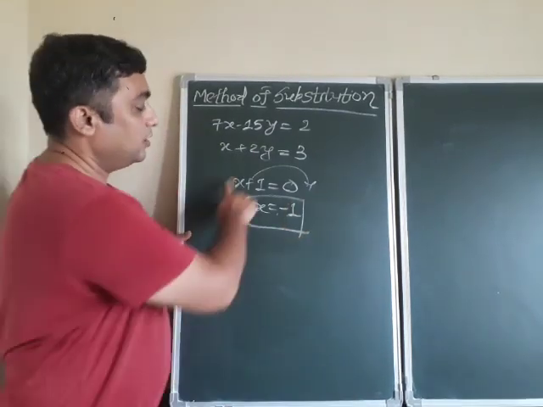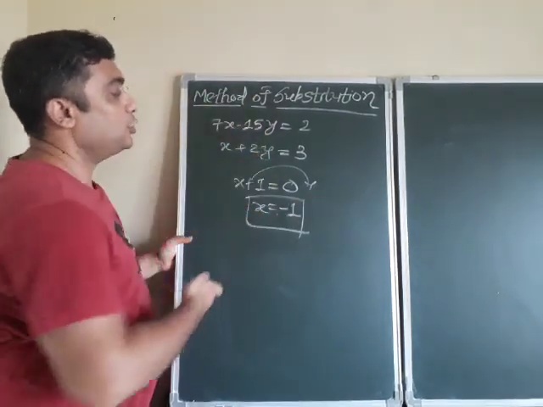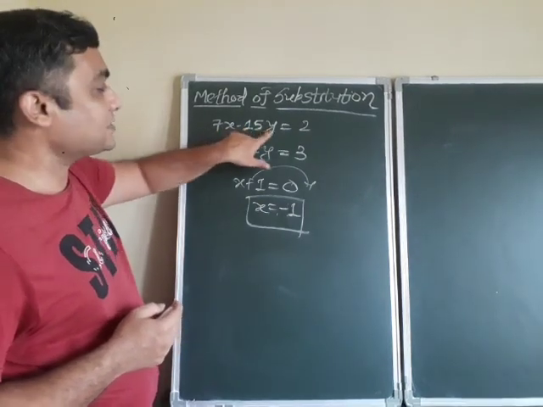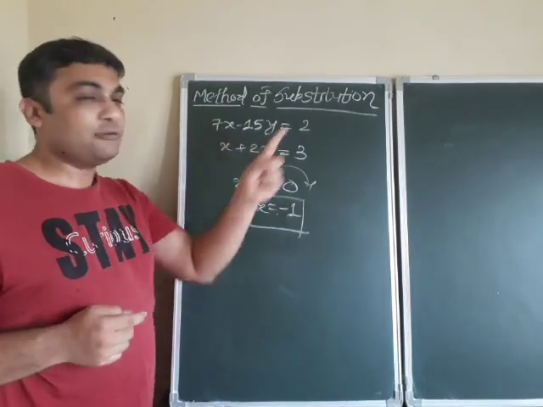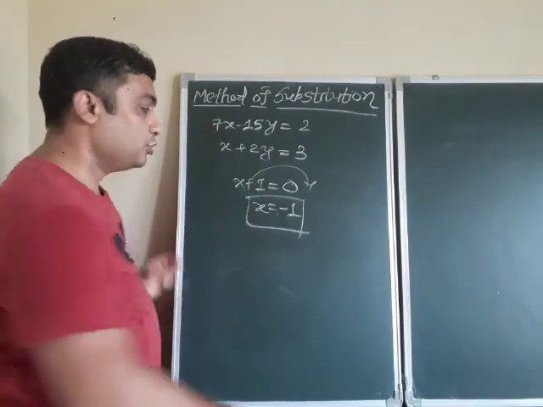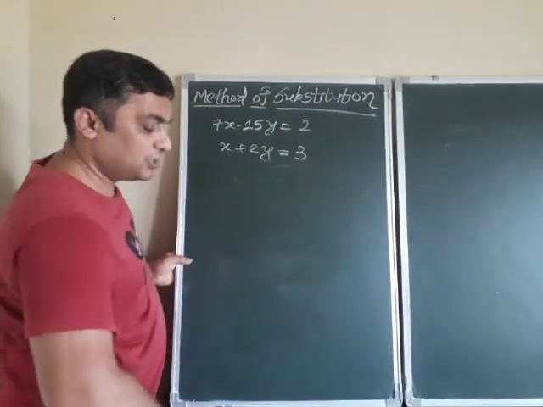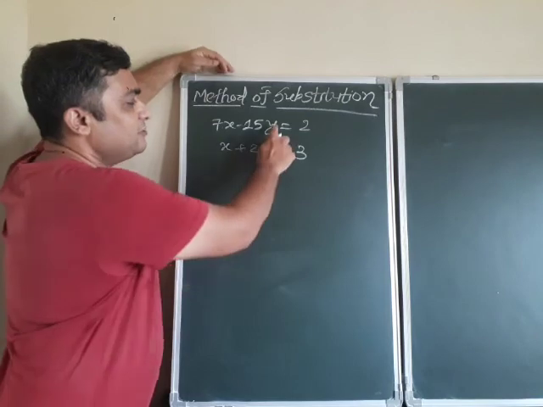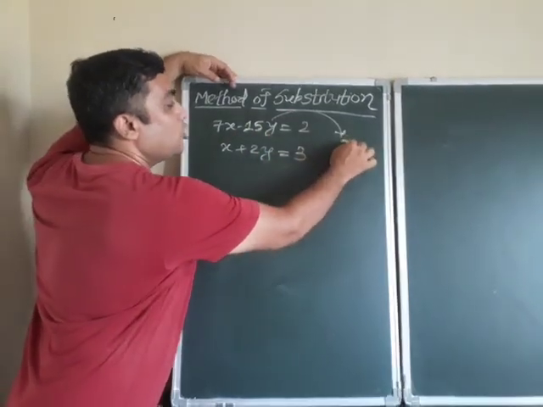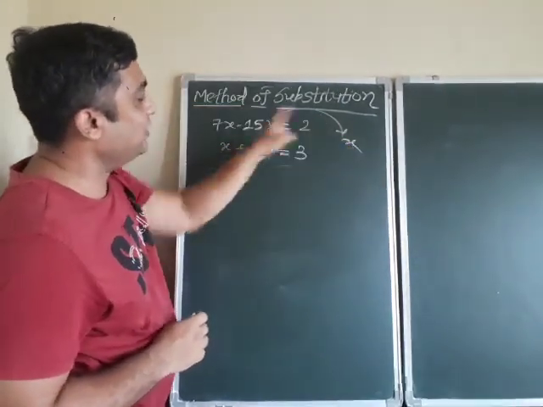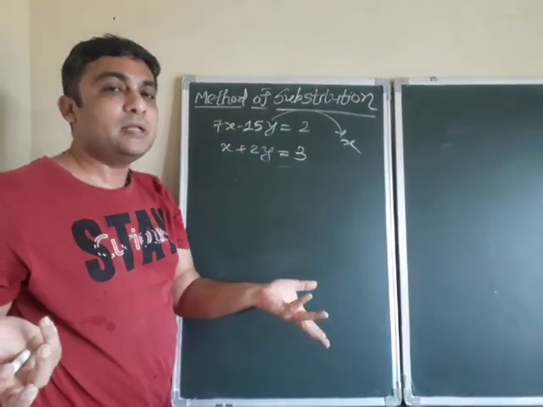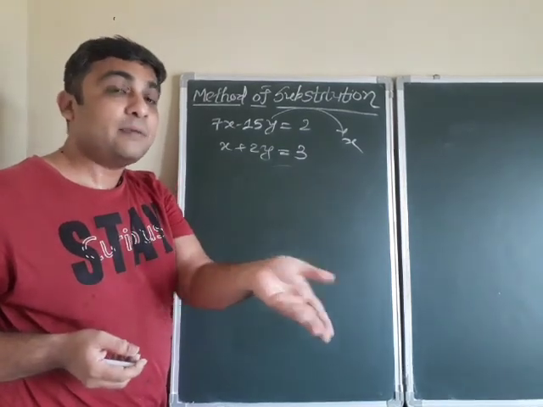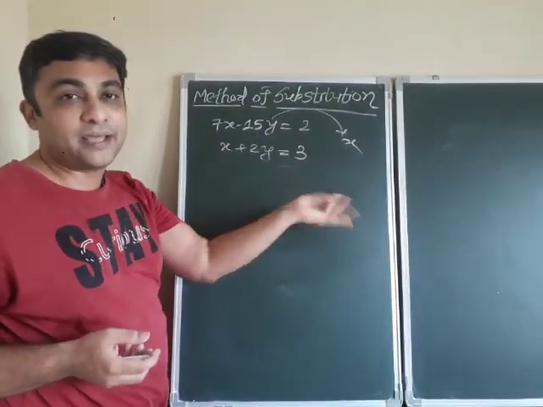So what is the logic besides the method of substitution? See, in every equation there are two variables. Fine. So we cannot solve x and y. Why? Because by using one equation we can solve only one variable. So what exactly do we use besides the method of substitution? See here, if this y variable I convert in terms of x, then these equations carry only one variable, and if it is in one variable, then by using the one equation we can solve the one variable. It means you will be able to find out the value of x.